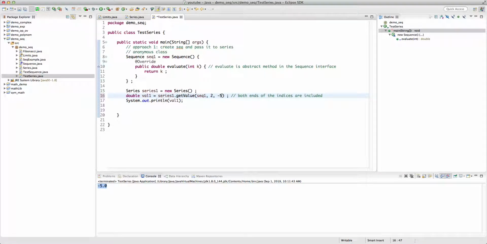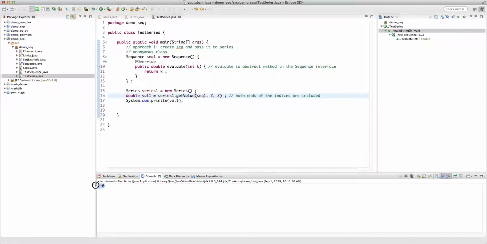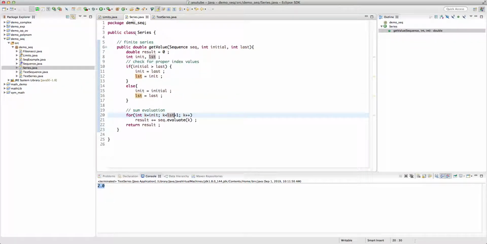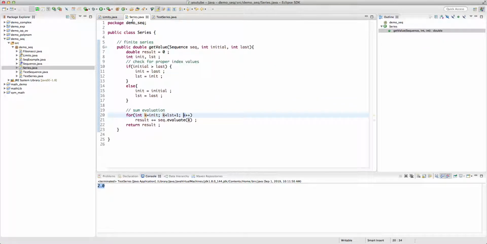So 2, 2, 2. And the reason for that is we included both the initial and the last index. That's why we have last plus 1. So k runs over from the initial to last. Okay, but now the important thing here is that